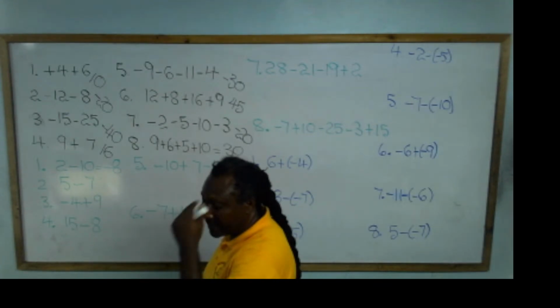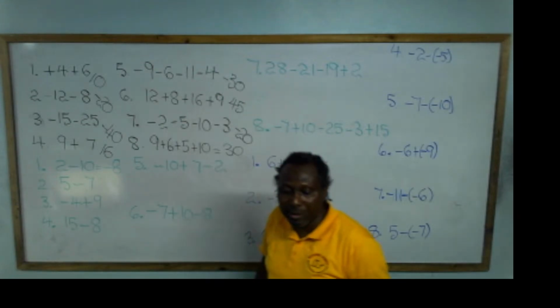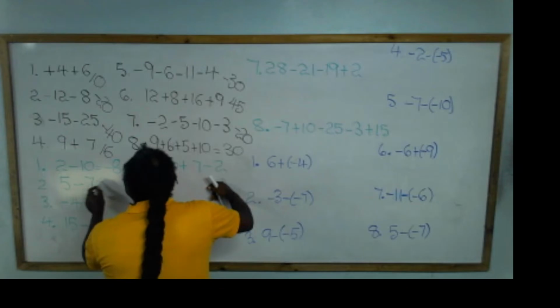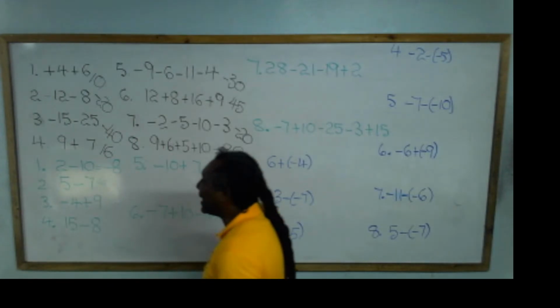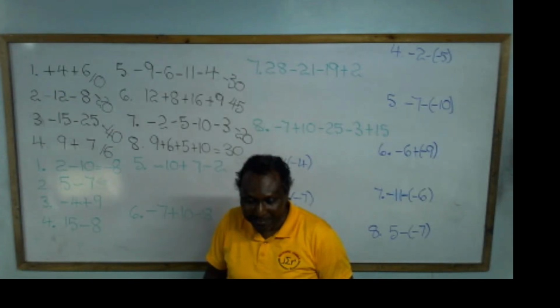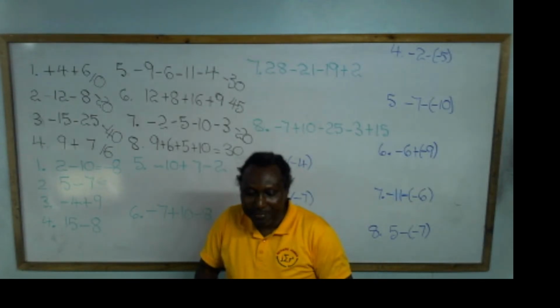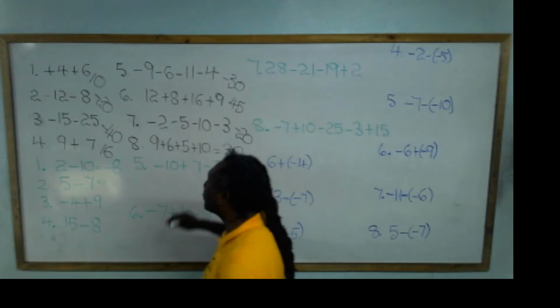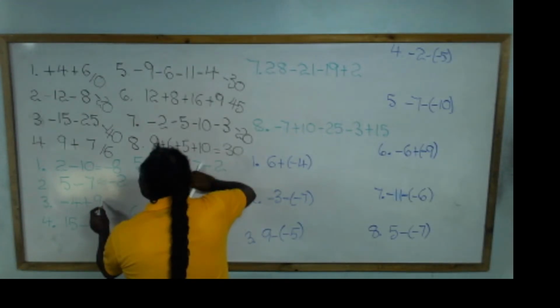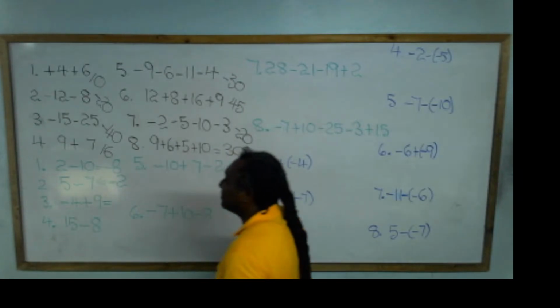The negative number is the larger one, so the sign of the answer will be negative. So we go to the next one. 5 minus 7. I see negative 2, and you can go to all of them now. You can go to all of them. Negative 2, and this one will be